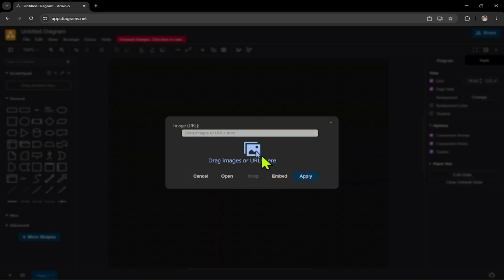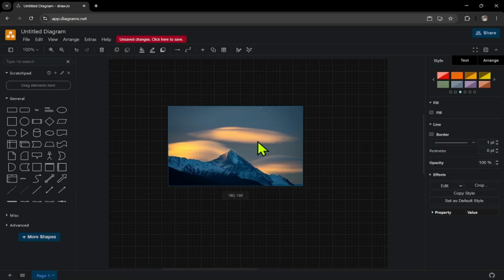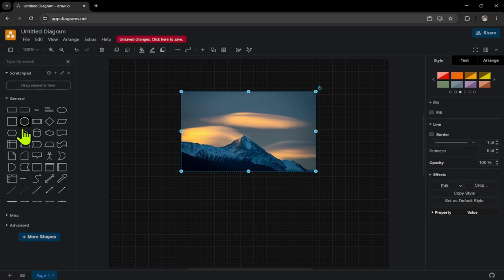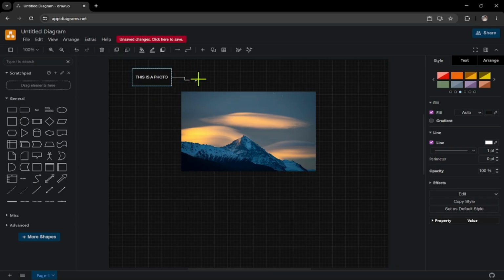After adding the image, you can arrange it with your diagram. For example, you can place it beside a shape, use it as a reference, or connect it with arrows. If the image is too large, resize it so your diagram stays clean and easy to read. Also remember to use images that you have permission to use, especially if your diagram will be shared publicly or